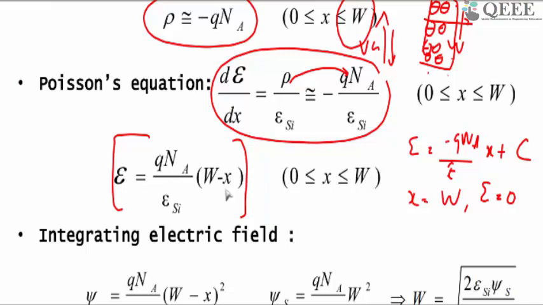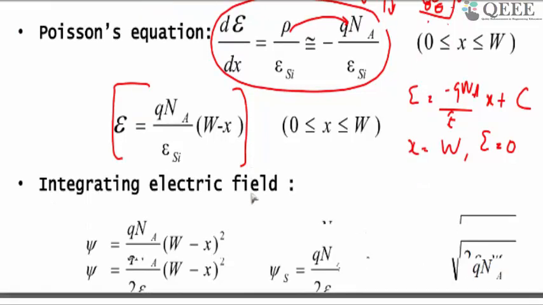Okay, it varies. So at x equal to 0, the field is maximum. That means at the interface, the field is highest. Then the field reduces, and it becomes 0 at the bulk. So if you have the electric field,